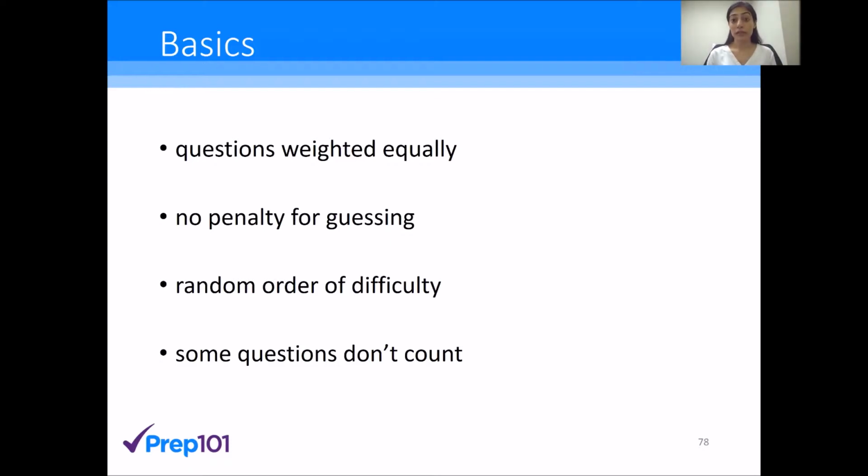Because each question is weighted the same, because you know that there's no order of difficulty, that it is completely random, you should be setting an allotted amount of time for doing each question. And once that time passes, you should know very strictly to move on to the next question. Just because there might be something very easy later in the exam that you may miss because you spent too much time doing this question that was super hard, okay?